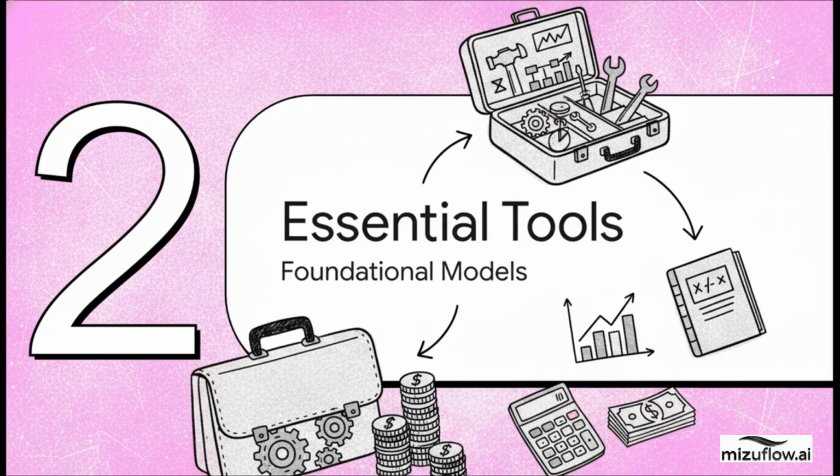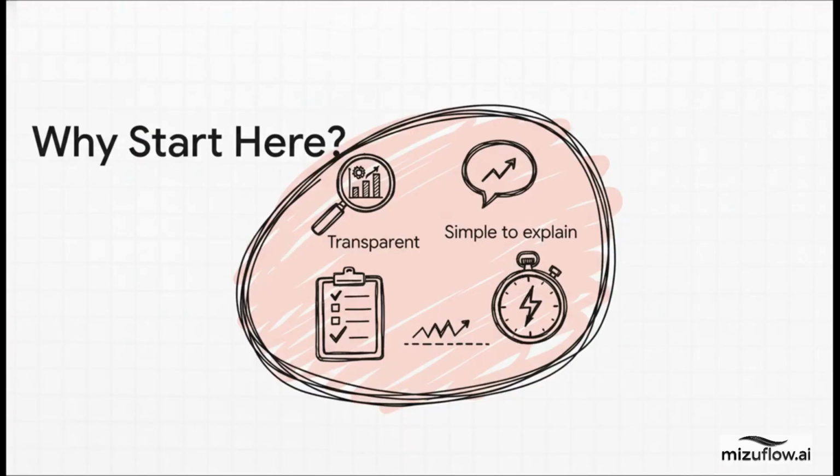Okay, let's get into it. We're opening up that first tray of the toolkit, and inside are the foundational models. I mean, these are the absolute classics that every single finance and accounting team should know inside and out. Now, you might be thinking, why are we starting here? Why not jump straight to the flashy AI stuff? Well, the answer is actually really simple. These foundational tools are essential for a reason. They're transparent, they're easy to explain, and, this is crucial, they provide a baseline. If your fancy, complex model can't beat a simple one, it's just not worth the headache.